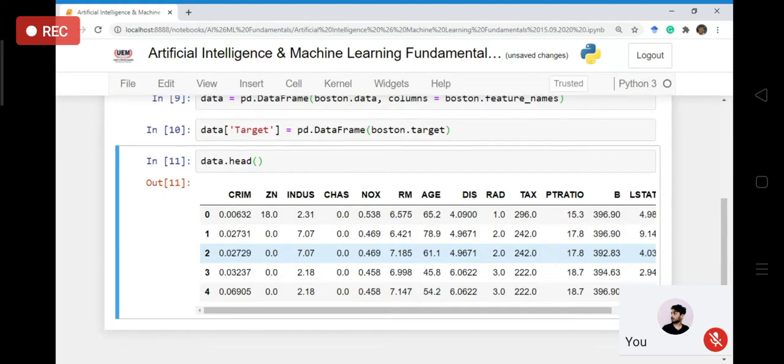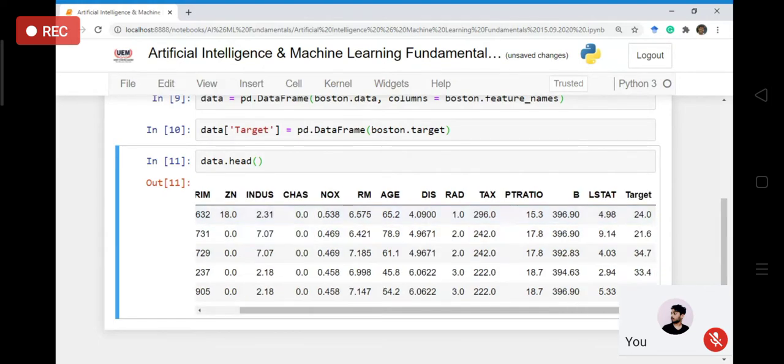That is, one of these 13 variables I will pick up, and suppose if I pick up age, then my problem will be: given the age, can I predict this value? That is what the problem is all about.